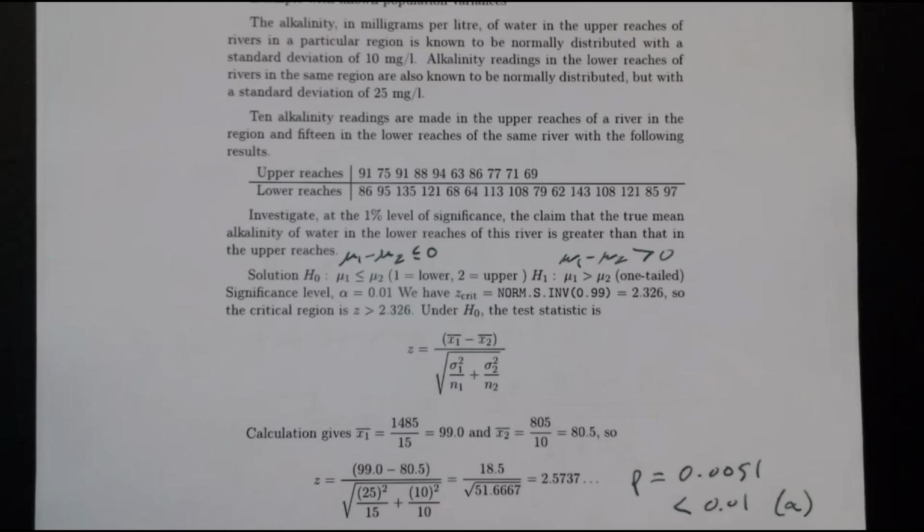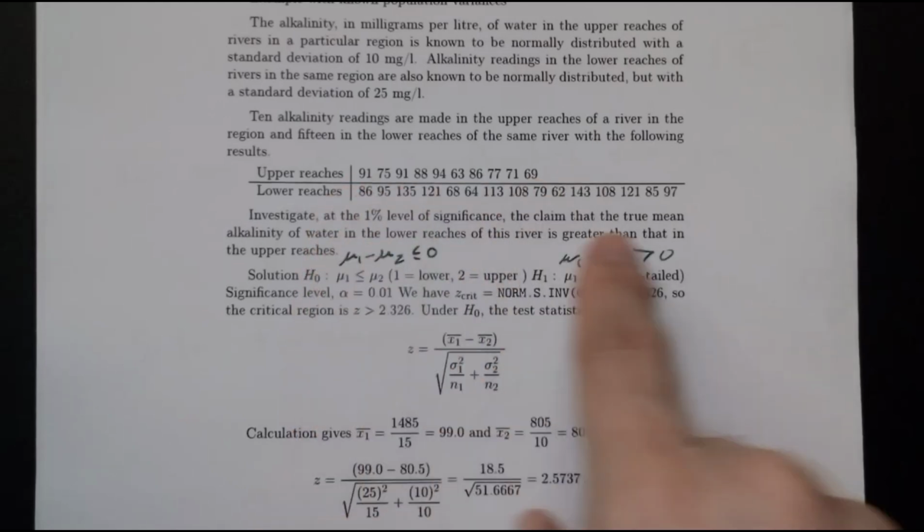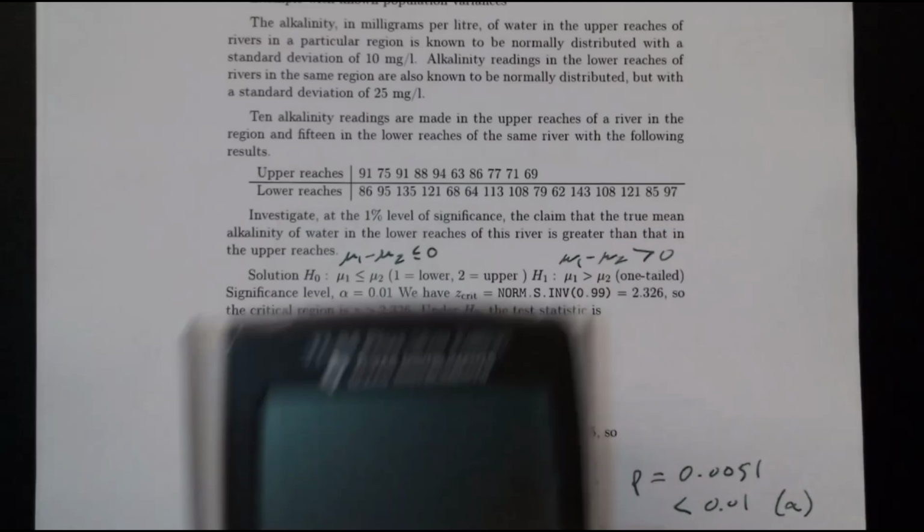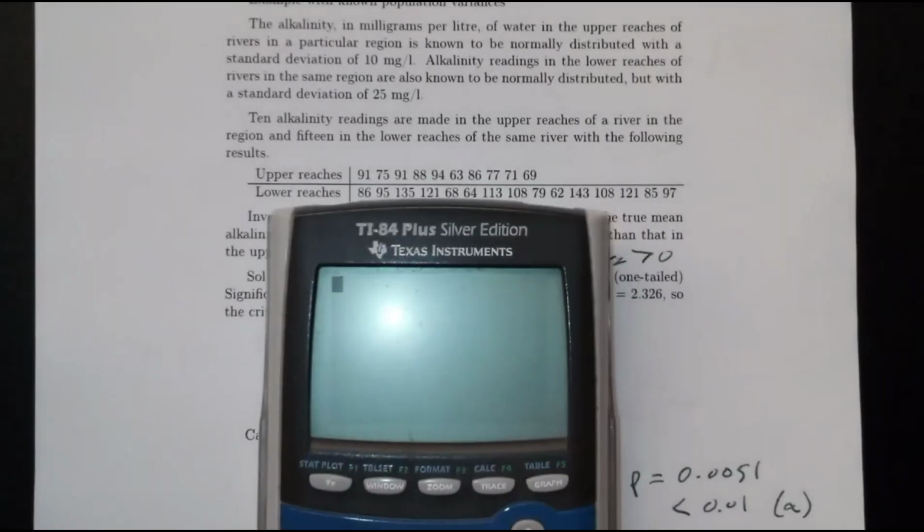Jacob, I noticed you tapping away at your calculator furiously. What's going on? I was putting the reasons to all this. Well, if I have a list, then it's going to do the standard. So we're going to have to put all of these into the list, right? Yeah. Okay. But I can also do this calculation on here directly